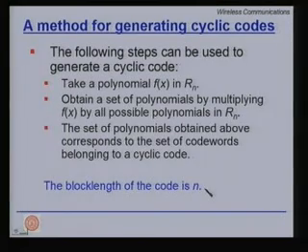So, let us take a very simple exercise. If f(x) is a polynomial in R_n, then multiplying this by x plus 1, which is a valid polynomial, tantamounts to first multiplying f(x) by x, which is again a valid polynomial, and then adding it to f(x), which is multiplying f(x) with 1, which is also a valid polynomial, and together the addition should also be a valid code word in R_n. Hence, we satisfy the definition of a cyclic code, and this can be generalized for any polynomial within R_n.